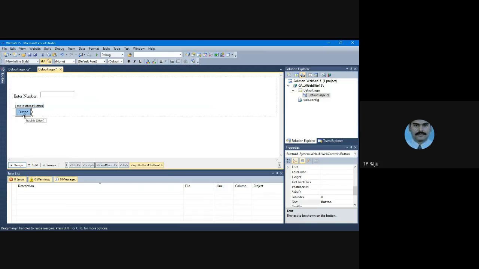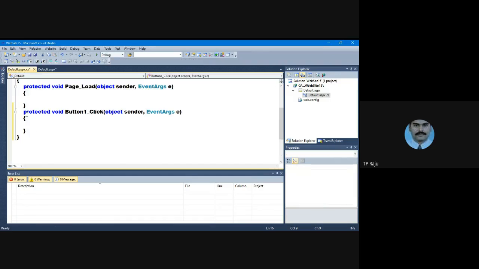I am selecting the button and below the Solution Explorer you are able to see the properties. This is the properties window. Here I go to the Text property. I type there Factorial. Okay, our button caption is changed to Factorial. And now I double click this button and develop the logic of the factorial.